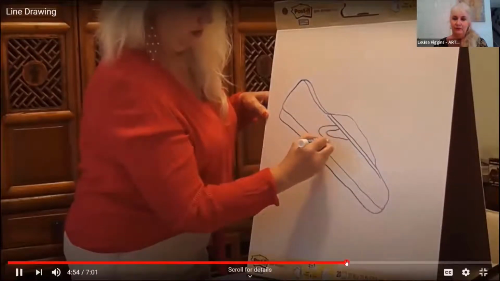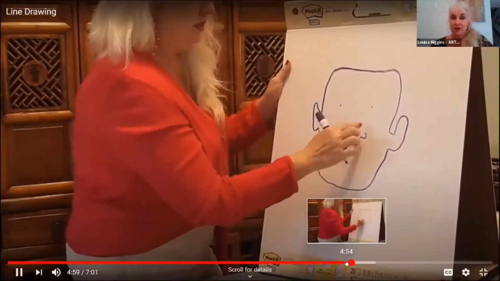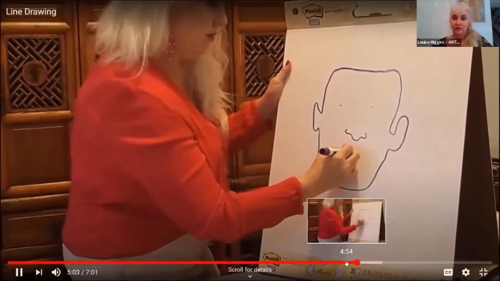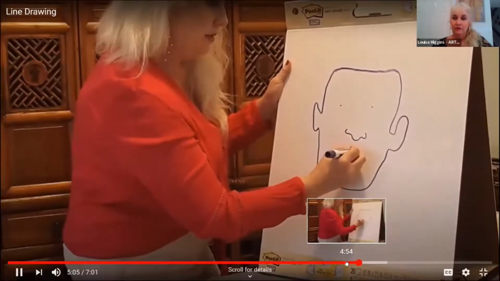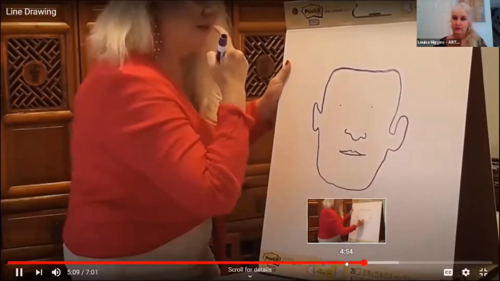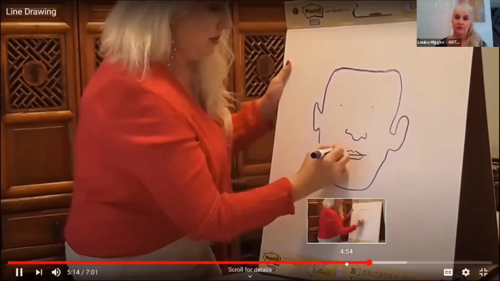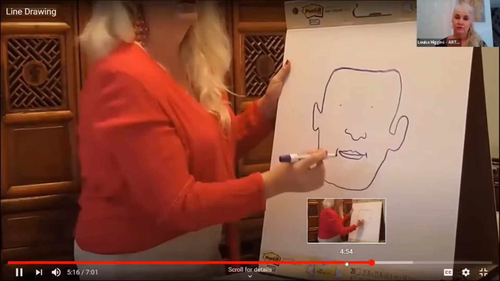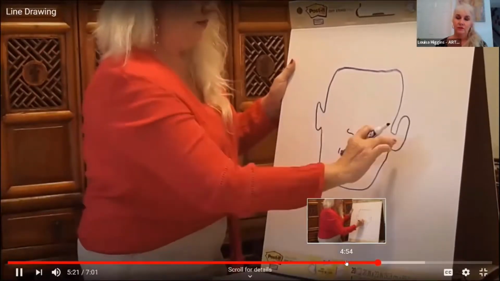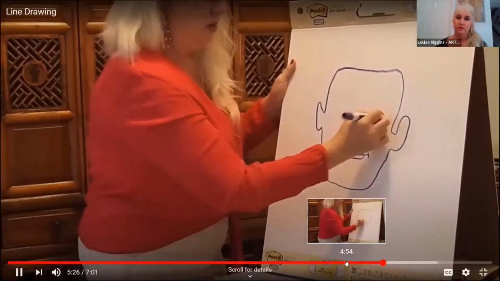Perfect. Bottom of his nose. So this is a line drawing of a face. And I'm going to center the mouth right under that. And I go across the top lip. There's the bow in his mouth. Not an actual bow, but that's what you call that little pointed part. And here's his bottom lip. And he's smiling a little bit at me, so I can have some smile gestures. Then I'm going to come back up to where the eyes are. So the nose is lining up more with the bottom of the ears. The eyes are lining up more with the top of the ears. And usually eyes are about an almond shape, roughly.